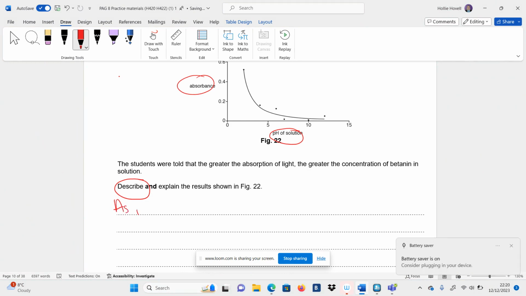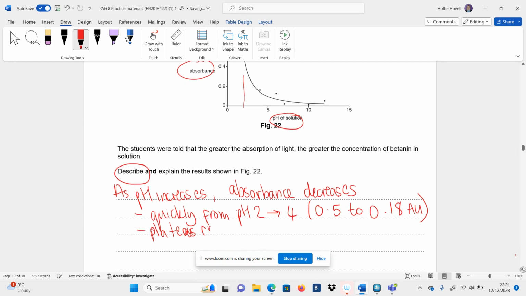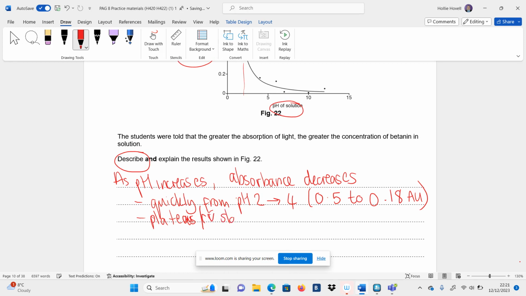So we could say as the pH increases, the absorbance decreases. We could say that it decreased quickly from, I don't know what the numbers would be, down to there, maybe pH 2 to 4, and it came down from 0.5 to, I can't read it, 0.18 arbitrary units. Okay, and then it kind of almost plateaus. Plateaus, or it's a very slow decrease